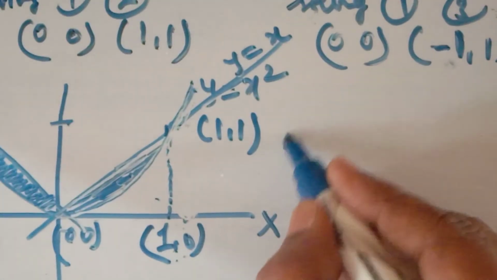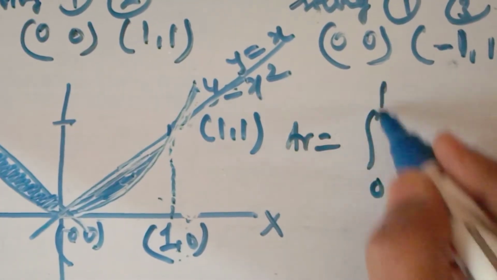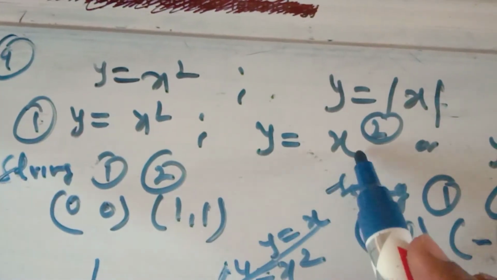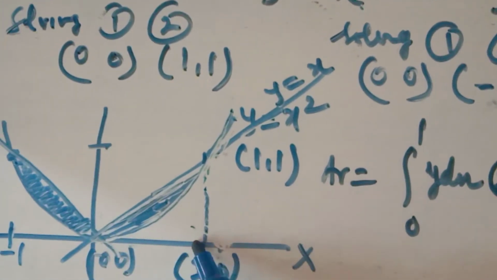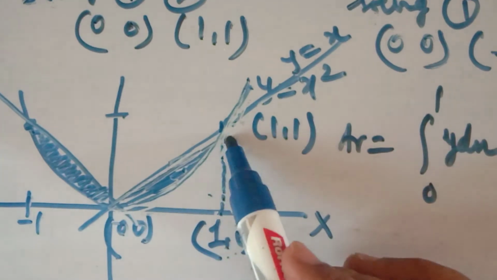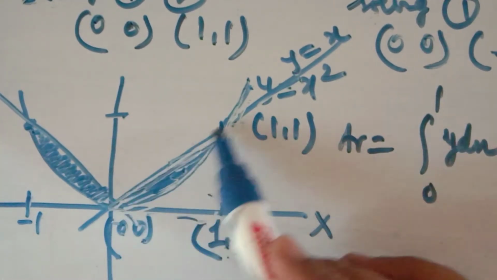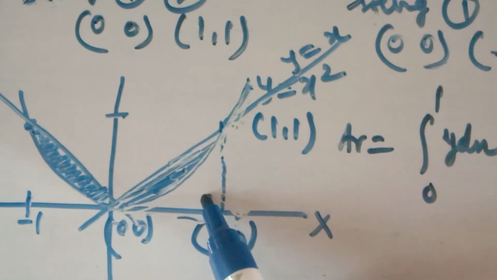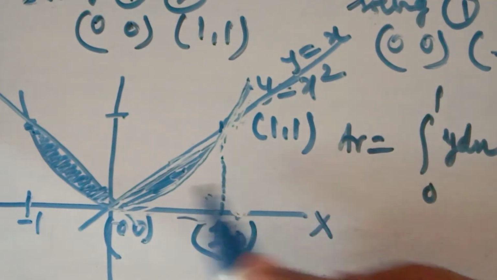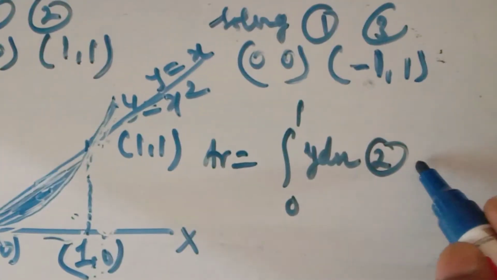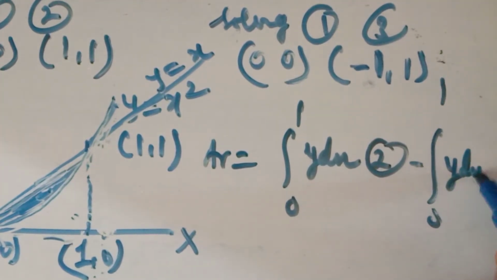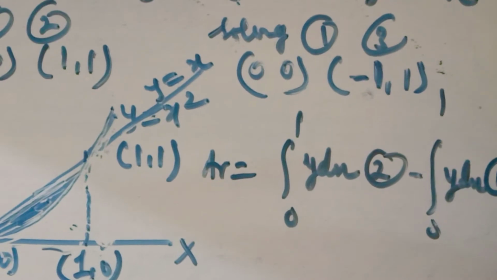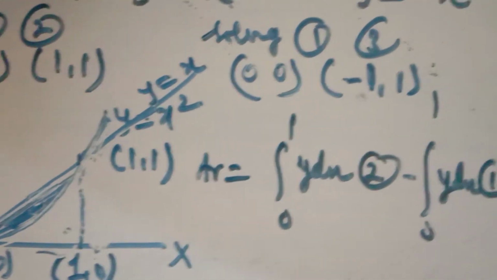So this area will be the integral from 0 to 1 of y dx of the line. The line is 1. No, sorry, this is 2. The line's area with the x-axis is the full area from 0 to 1, and the extra area, obtained by integrating this line with the x-axis, is touching the y-axis. This is the parabola, a vertical curve. So you have to subtract from it the integral from 0 to 1 of y dx of the parabola.